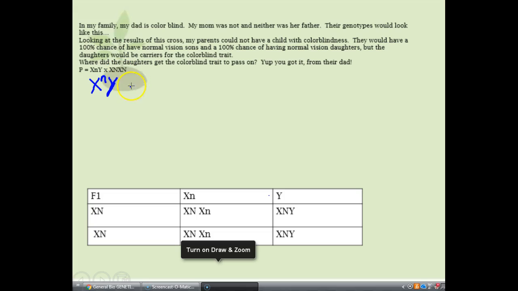And then my mom's genotype would be the X with the capital N linked to it. So when we look at this and we do a cross,